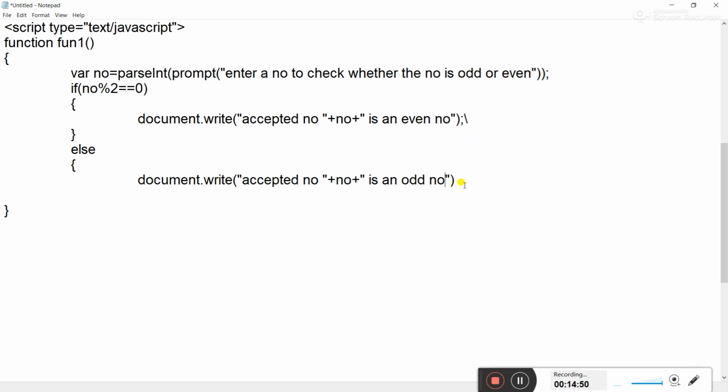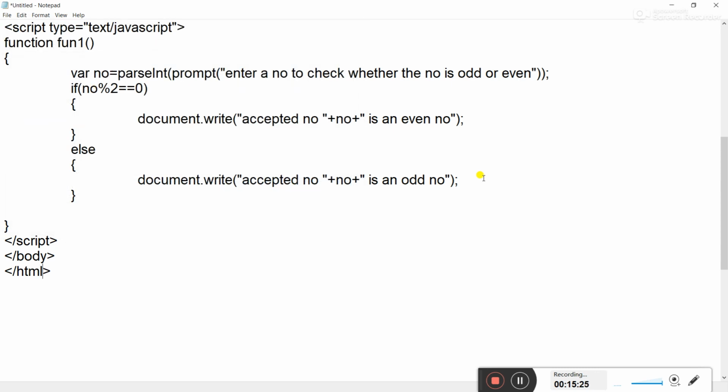Got it? It is an odd number. Got it? Then close the curly bracket. This is of the else block. Then the function block ends, and then we will close the script block. Okay, then at the end we will close the body tag, and at the end we will close the HTML tag.